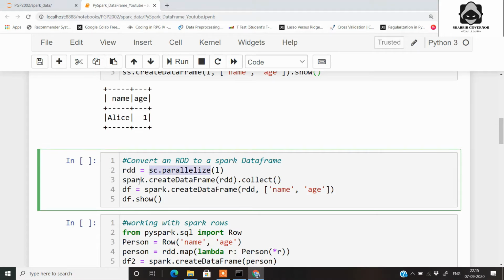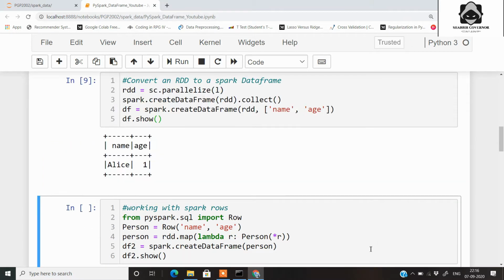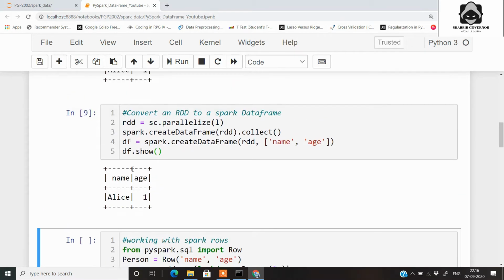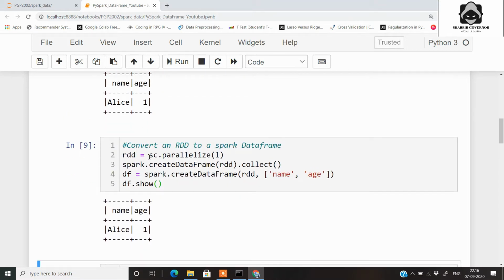Then using spark.createDataFrame on this RDD, you can even collect it to convert it to a list, or else you can convert it to a Spark data frame, store it in this df variable, and then use the show method on it to view it. Let's view it. This is the same kind of data frame that we got above, but here we are first converting the list to an RDD, and from that RDD we are converting it to a Spark data frame.